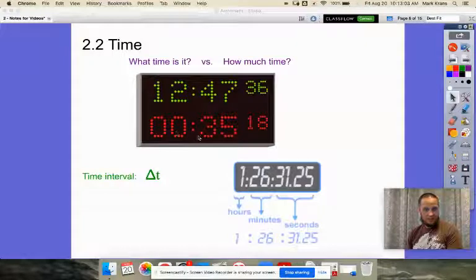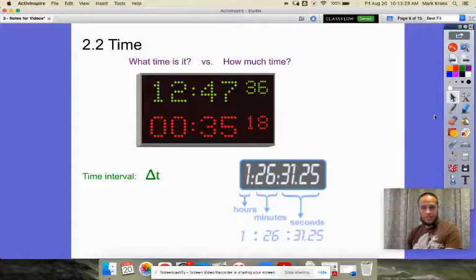So this is like a stopwatch. You start it at zero and it works its way up. And so this is going really, really fast. And then every time you accumulate a full minute, it goes and adds one here. Okay, so this would be hours, minutes, and seconds. You can see here it's hours, minutes, and seconds, and it even takes it into hundredths of a second. Okay, when we are working with time in our class and in physics, we will always be using it just